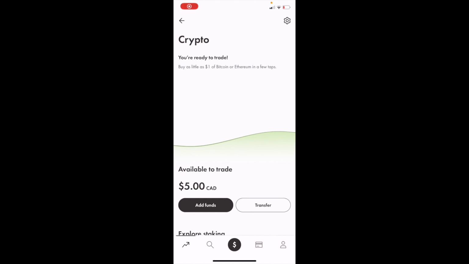In this Wealthsimple tutorial video, I'm going to be showing you guys how to buy Stellar Coin, ticker symbol XLM, in Canada here on Wealthsimple. So once you're into your Wealthsimple account, make sure to go into your crypto account